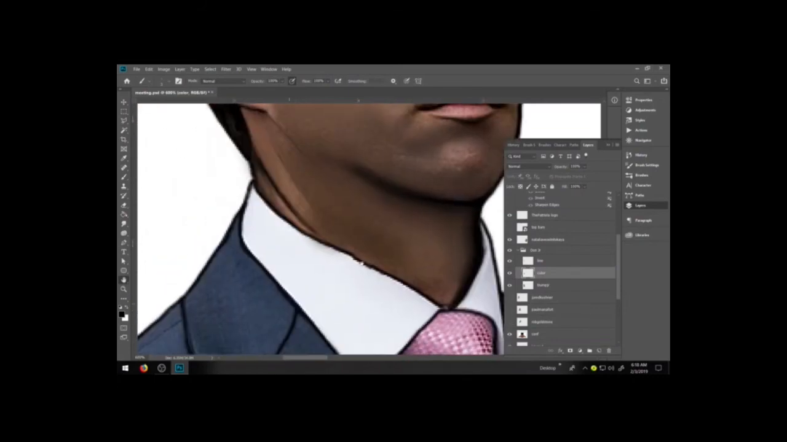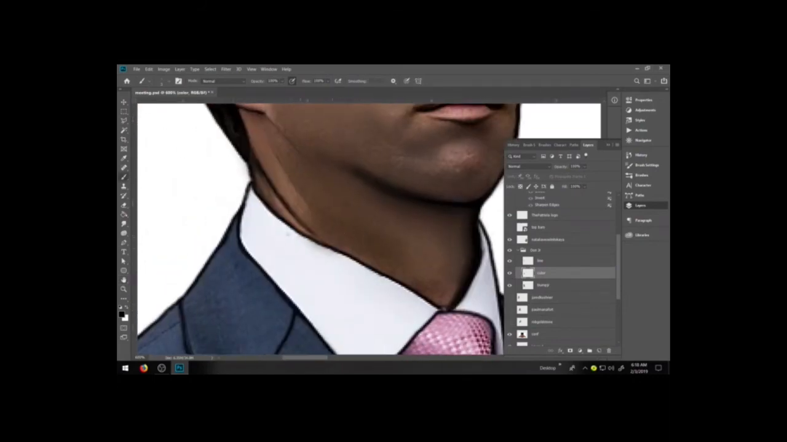So what I'm doing is applying a little bit of shadow. I'm going near the line work, and I'm adding just a hint of color. This adds the impression of shadow. I'm going to come in here